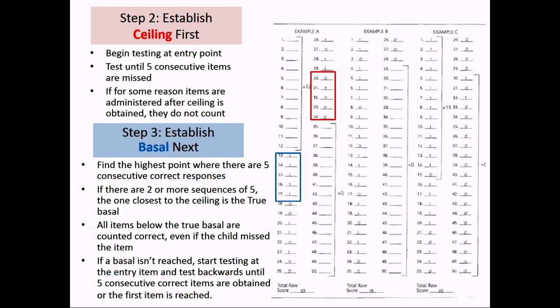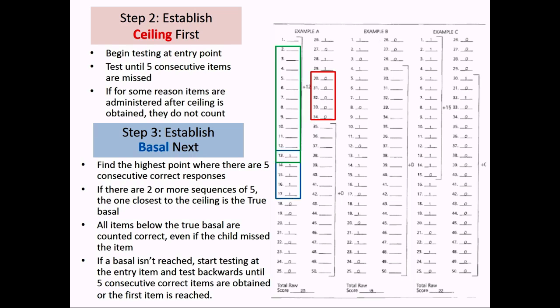And it occurs between 13 and 17. So this is your basal. Now remember, it says all items below the true basal are counted correct even if the child missed them. So when we look at the items below the basal,